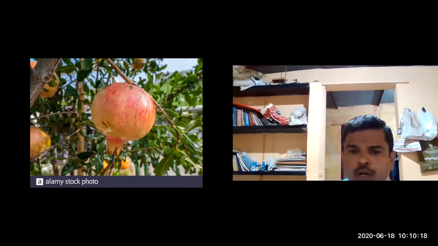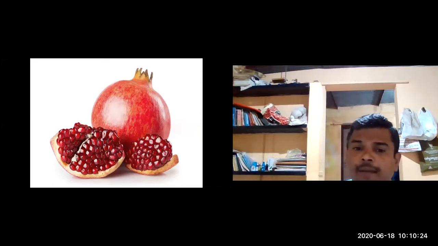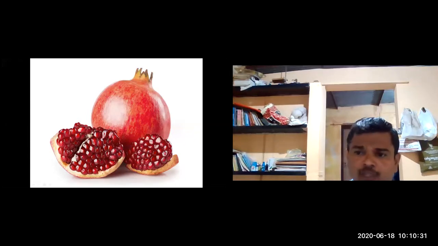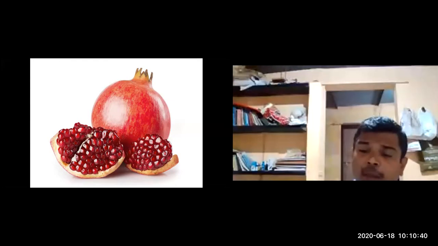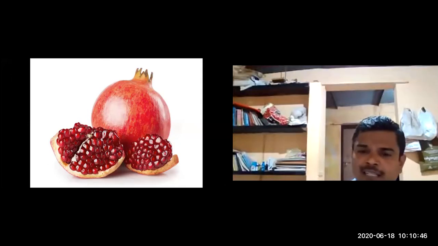Okay. When you cut it, you can observe like mani bija, rakta bija. Why have they given the synonyms like mani bija, rakta bija or danta bija? Danta bija means the neat arrangement of the seeds, like how the teeth are arranged inside our oral cavity. In the same way, the arrangement of seeds is very neat, and they are red in color, like rakta bija, mani bija. So it is because of this neat arrangement of the seeds and based upon the color of the seeds.